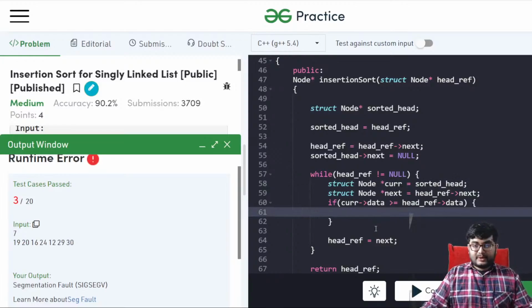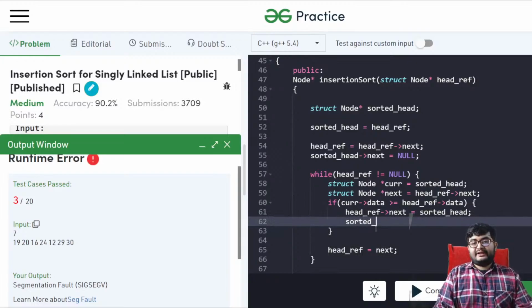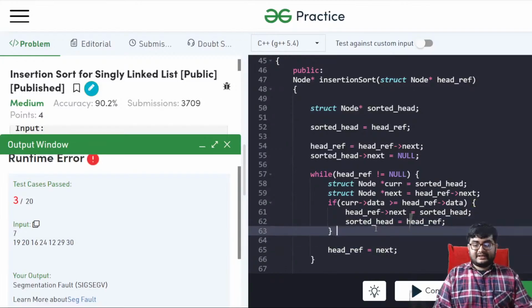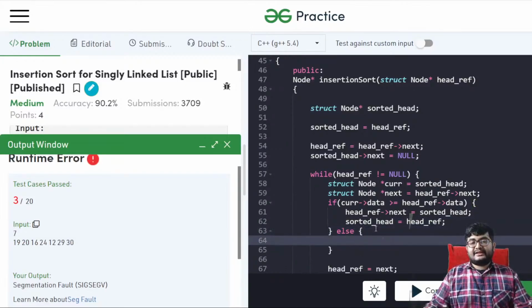in that case, what we'll do is headref of next equals sorted head, and sorted head equals headref. And headref equals next, it will move to that. Else, if that's not the case, then